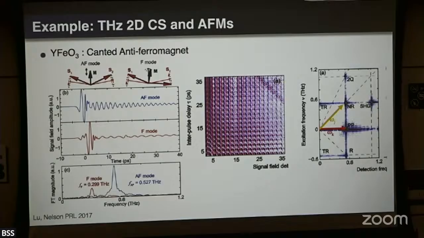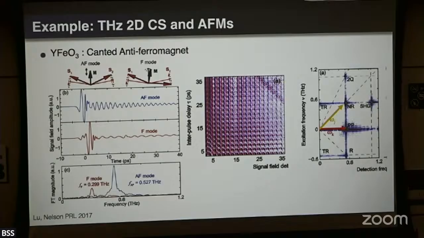So let's give some examples. The first example: what can we do with this? Let's look at a spin system with coupled magnons. This is not from my group, this is from a collaboration with Eduardo Baldini and Keith Nelson, but it is nice. This is a material that's a classical ferrimagnet, almost an antiferromagnet, where the spins are pointing in 2 different directions on some lattice, but then there's a little bit of canting. So it's an antiferromagnet with some canting,